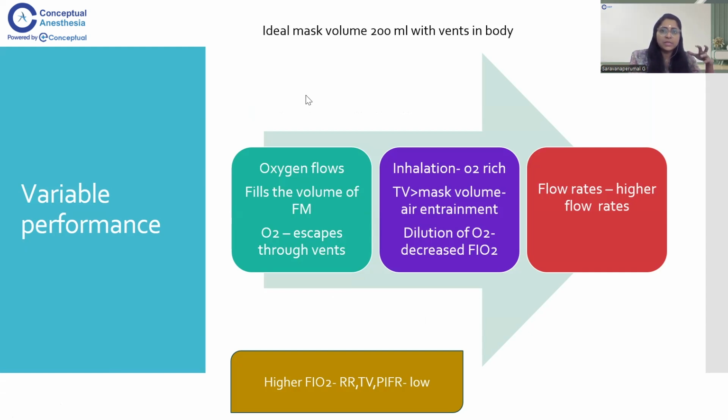So variable performance device, what happens is whenever the oxygen flows and fills the volume, I will take the simple face mask as the variable performance device first. Whenever the oxygen flows and fills the face mask, and it is continuously filling, say you have kept 6 liters of oxygen, the oxygen will continue to fill the face mask and also continue to escape through the vents. So whatever the patient is inhaling is mostly oxygen rich air during inhalation. Suppose your tidal volume